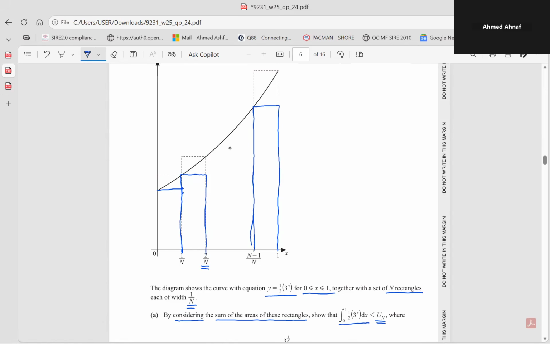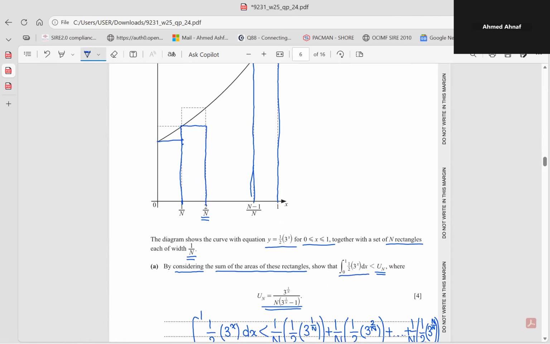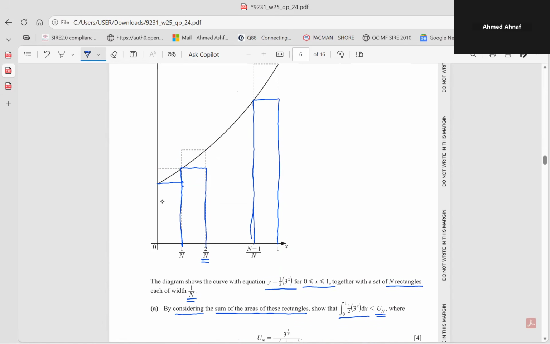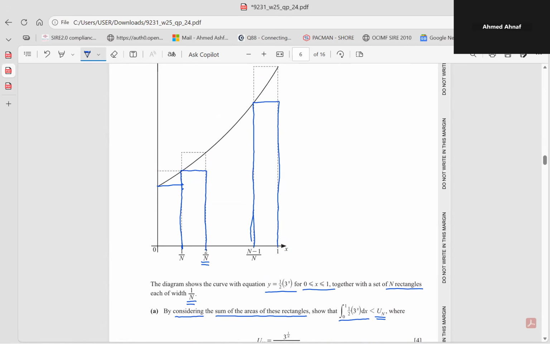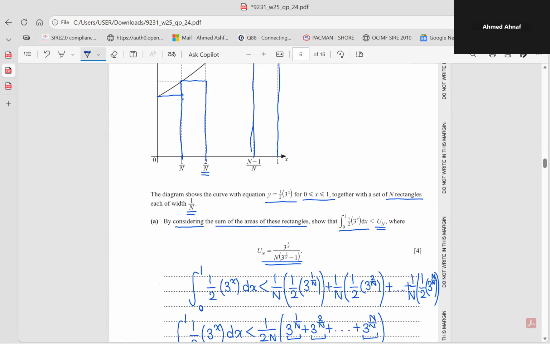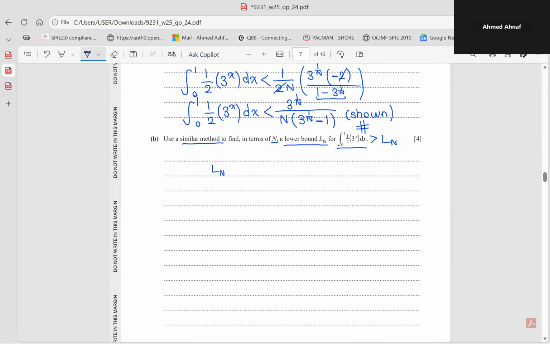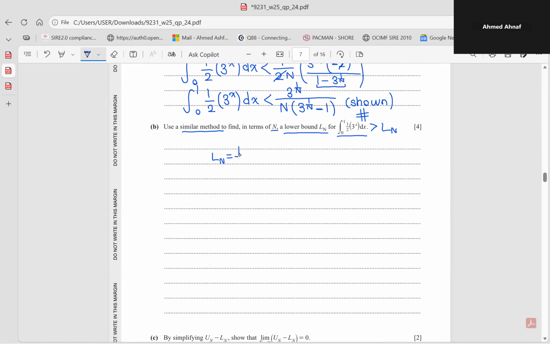You can see there's still some gap that's not covered by the rectangles under the curve. You can see that the height of the first rectangle is the y value when x equals 0 over n, and the last one, the height is the y value when x equals n minus 1 over n. So this is therefore just going to be 1 over n times half